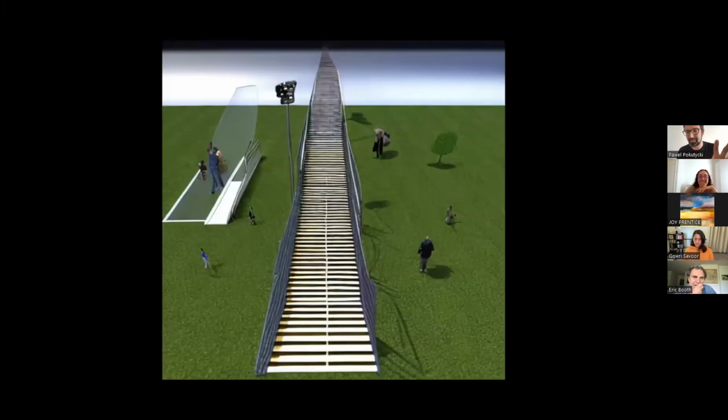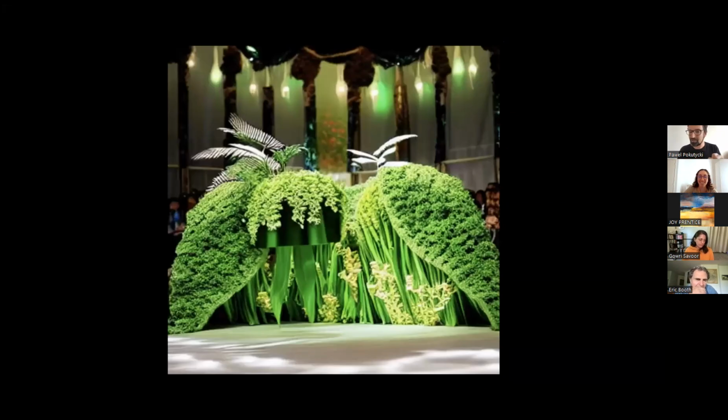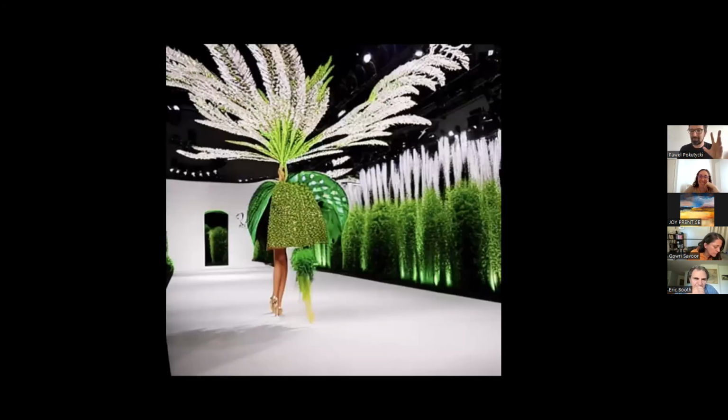This is a green catwalk. Okay, so the catwalk is outdoor. That's interesting. And the scenery of the catwalk would be like this. And the models could be literally natural species that are fashionable too, right?